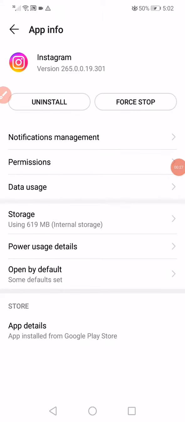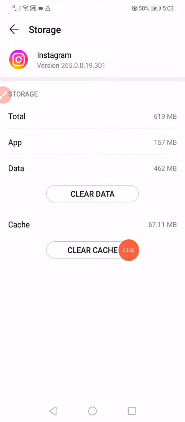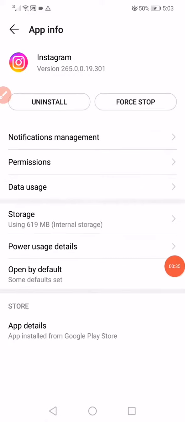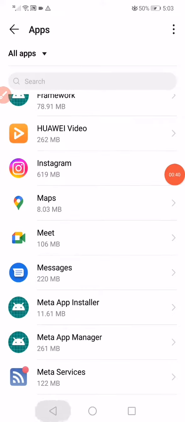Now all you want to do here is click on the force stop option and then click on the storage, click on clear cache. That's the first solution. The second solution is you have to go into the settings again